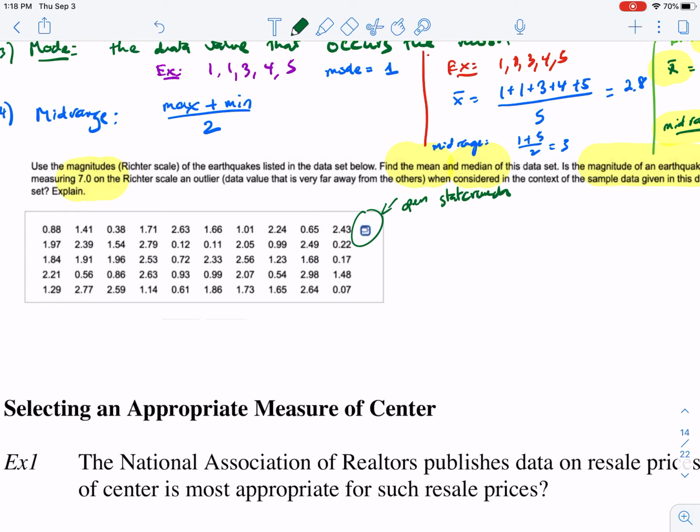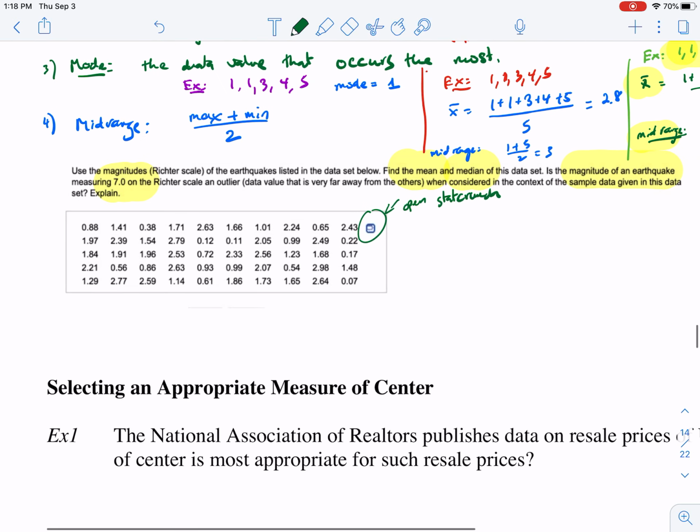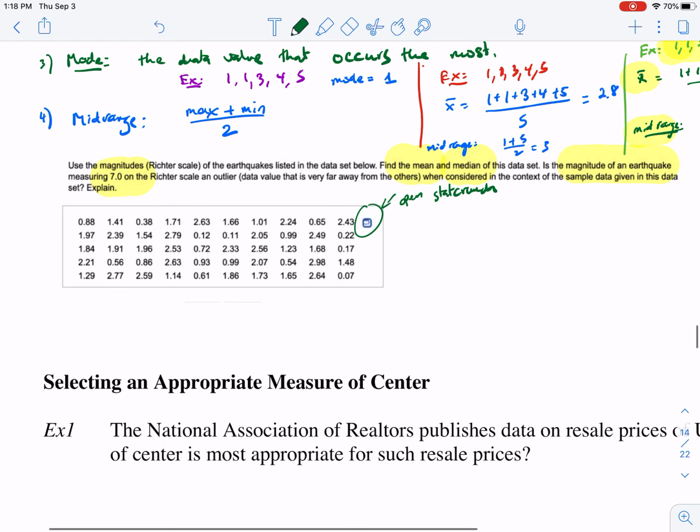I think I'm going to go ahead and save this example. This would take too long here, so I'm going to save this example for Zoom, and I would do this in Zoom so that we can record it and it's much easier to follow. But pretty much you want to use StatCrunch to compute the mean, median,